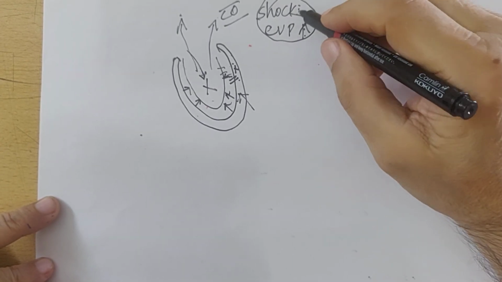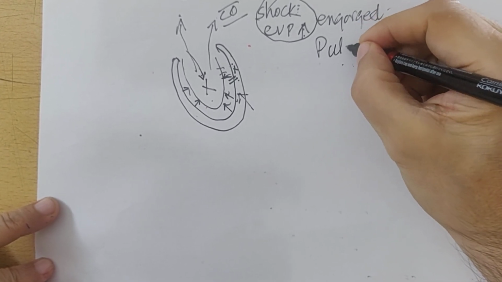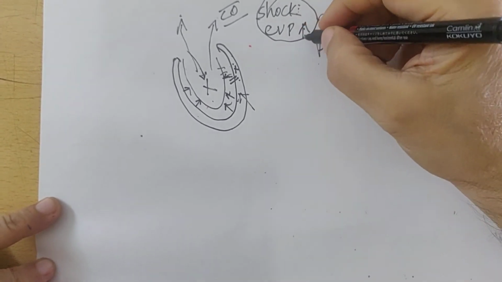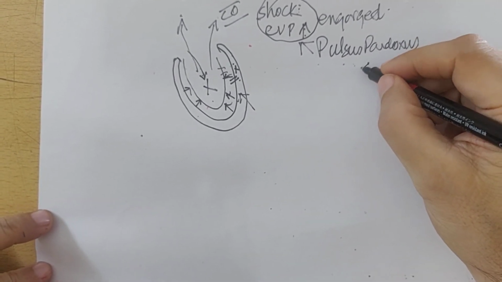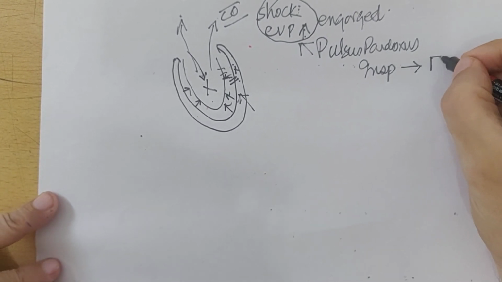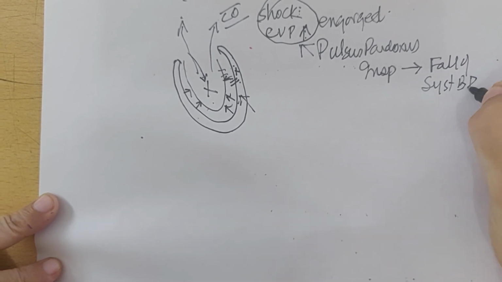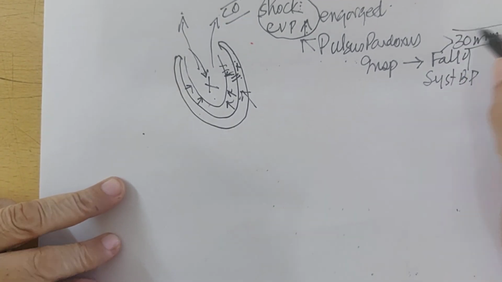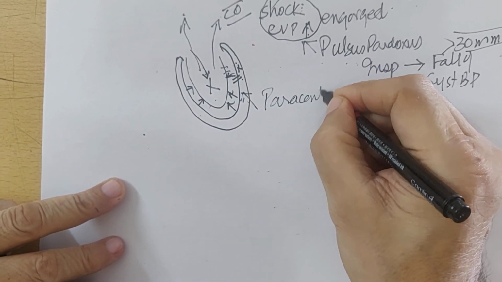So a shock of cardiac tamponade is characterized by two things: pulsus paradoxus. One component is a raised CVP with every inspiration, and the other is that when there is inspiration, there is a lot of fall of systolic blood pressure, and if it is above 30 millimeters, then it's diagnostic of cardiac tamponade. You treat it by paracentesis.